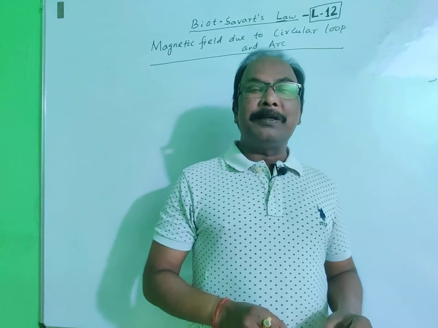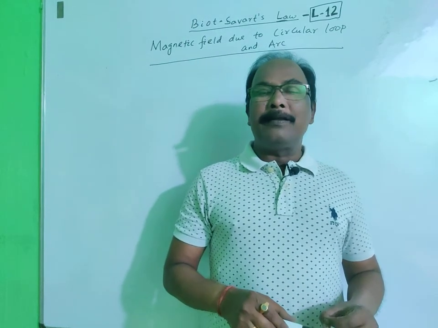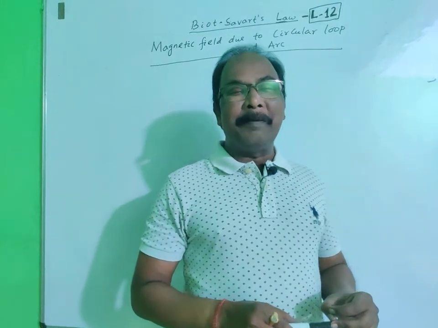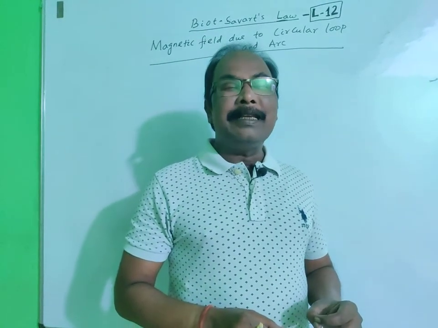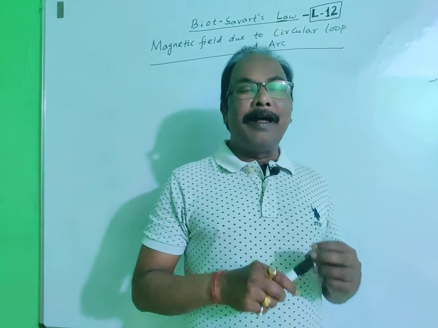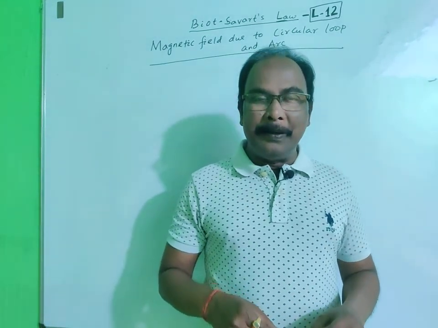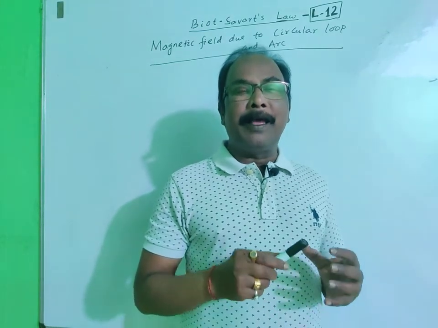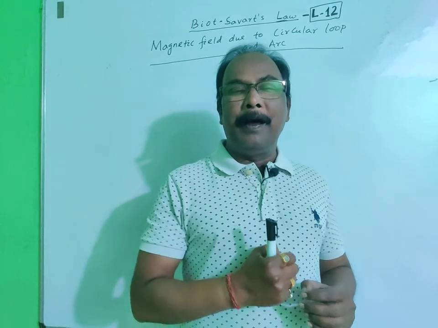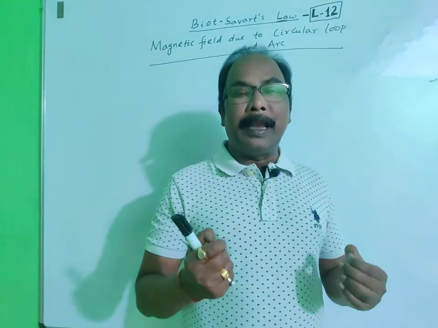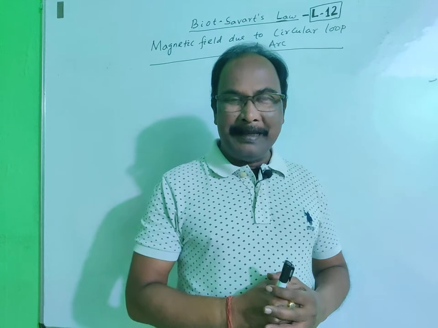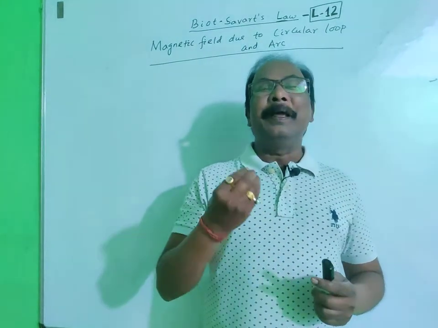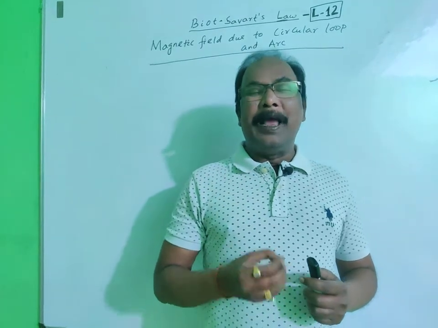In previous lectures we have discussed Biot-Savart's law and one application of Biot-Savart's law. In this lecture we will discuss another application of Biot-Savart's law, that is, the magnetic field due to a current carrying circular loop and due to a current carrying arc, meaning a part of a circle. So according to Biot-Savart's law, we have got